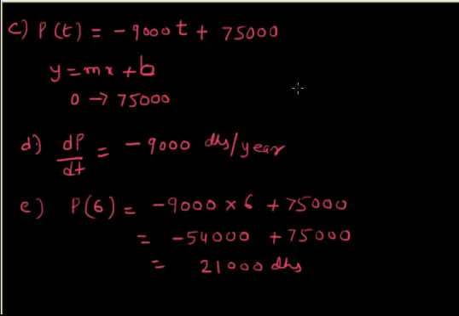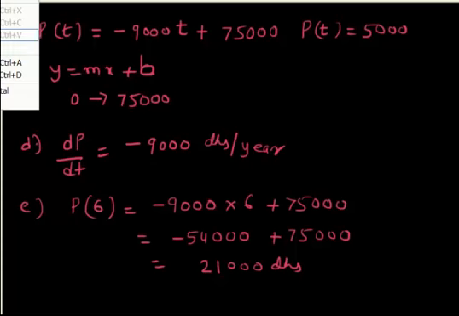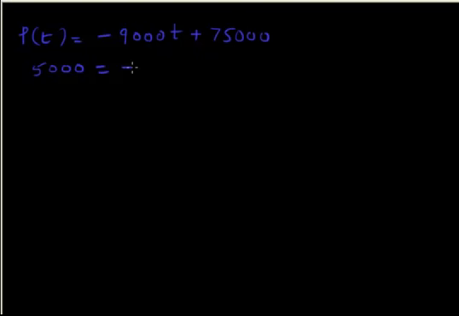For the last part of the question, when will the price be less than 5,000? To solve such a question, you have been given P(T) as 5,000 and we have to solve this equation to find the value of T. P(T), the equation for P(T), as you already know, is given by minus 9,000 T plus 75,000. So P(T) is 5,000 in this case, equal to minus 9,000 T